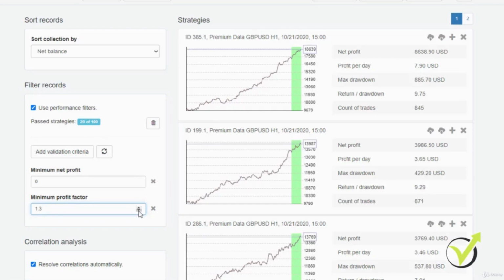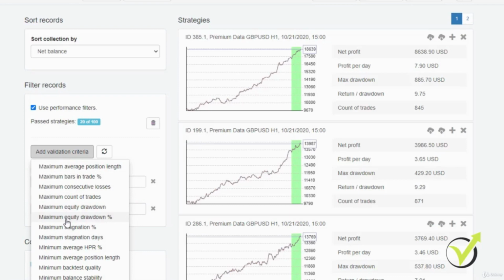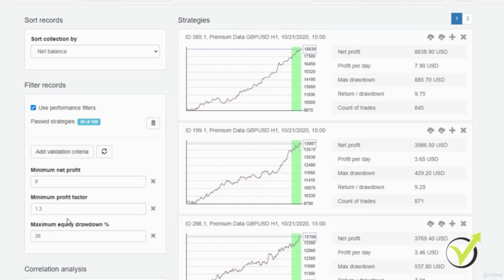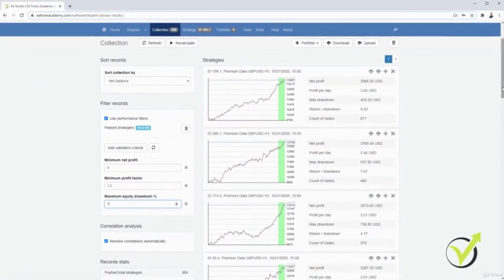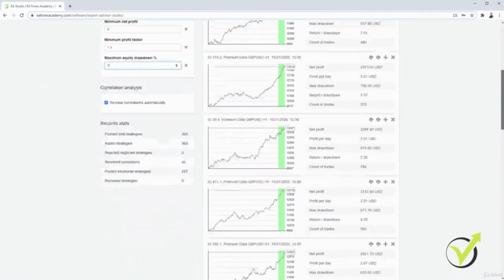So let me go back to 1.3 and I will add another validation criteria, and this is the maximum equity drawdown in percentage. Now here I need to decrease it. Let's see what happens if I go to 15. Nothing changes, I will decrease to 10%, nothing changes, 5%, 4 out of the 100, so I will need to increase it, 6 and 7. I have 14 strategies that have less than 7% equity drawdown, and now I will just scroll through the strategies